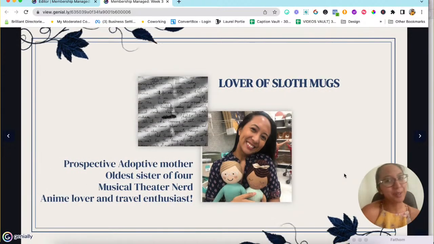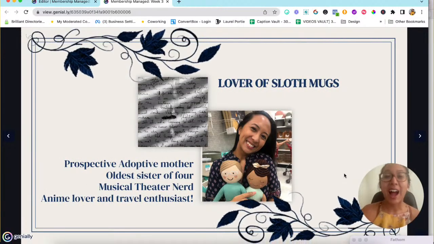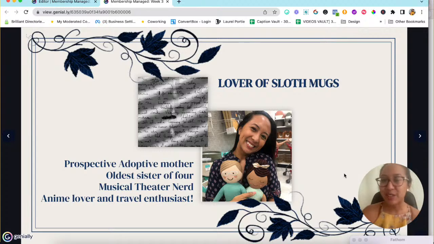Also, on a personal note, I love slog mugs. I actually received some really great news about a prospective adoption match. For the last 3 years, my husband and I have been in the process of adopting kiddos. I'm so excited about being on this journey with you. And if you haven't joined me on Instagram, I share a lot of personal anecdotes and stories, as well as sharing them on my Facebook group, as well as my email list.